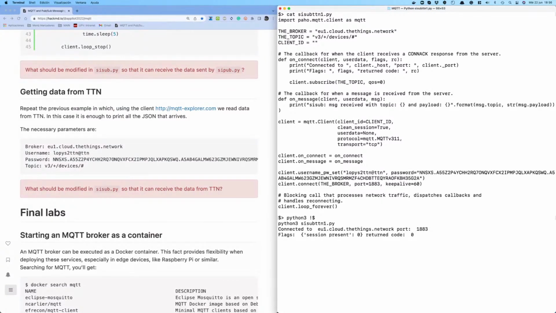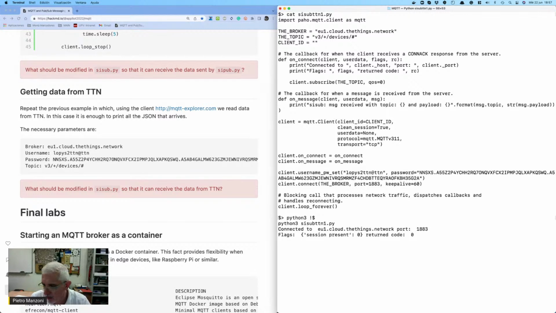Keep alive is not related to birth, death, and last will. Yes, that's a different concept. I didn't want to talk about that part because I just have 1 hour. One of the ways the broker uses the keep alive is, as I said, to determine whether a client is alive or not. And what it can do, if the clients properly configure the data during the connection, whenever the